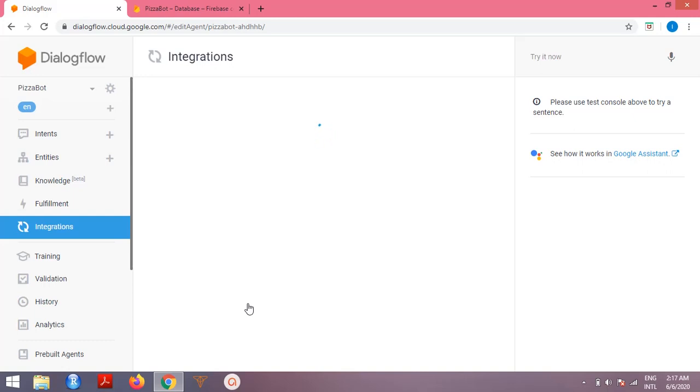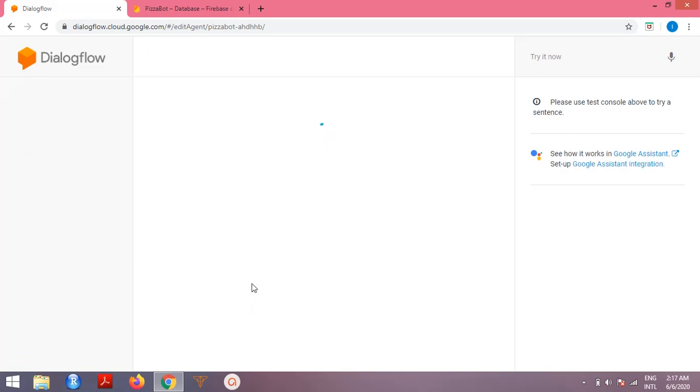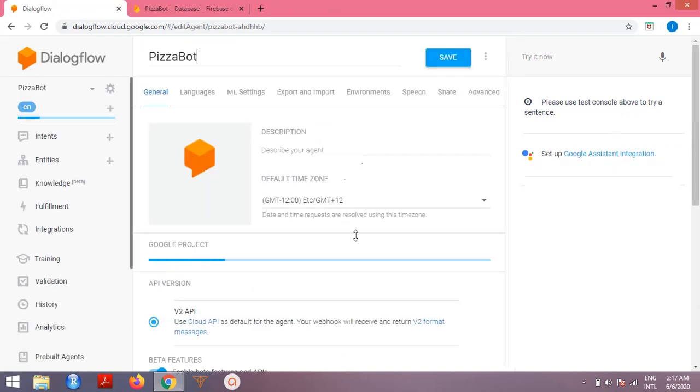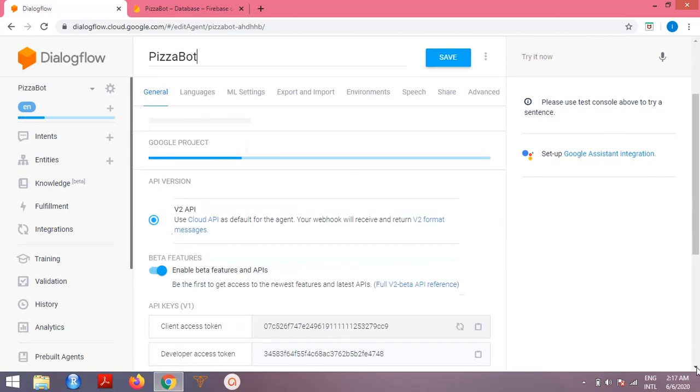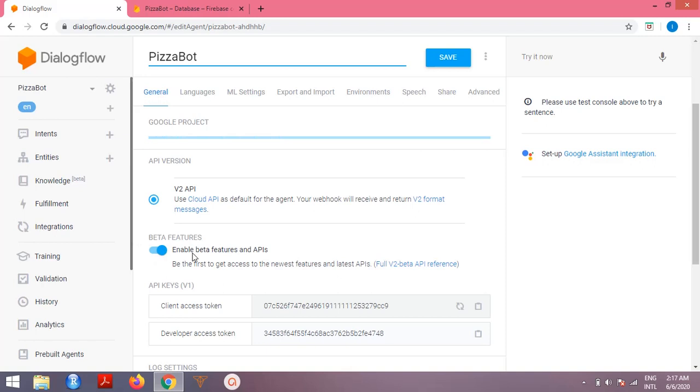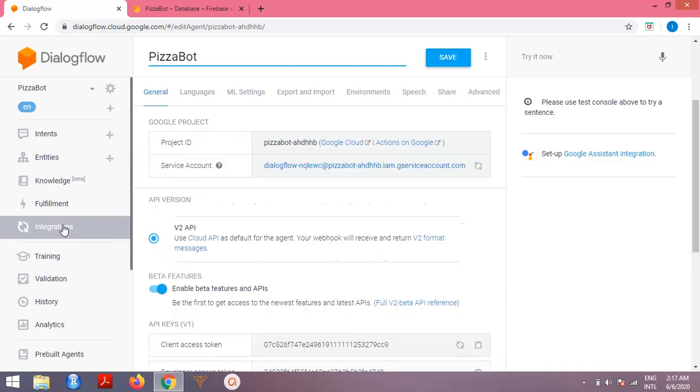I think we already enabled it in our previous lecture, so I just want to show you in case you are building your own agent. To make sure that you enable this feature here, enable beta feature. So we just go back to our integration,